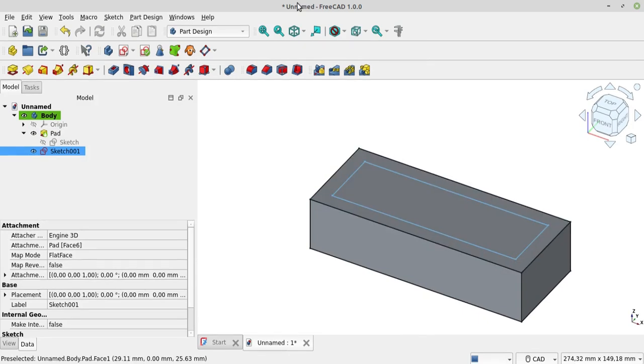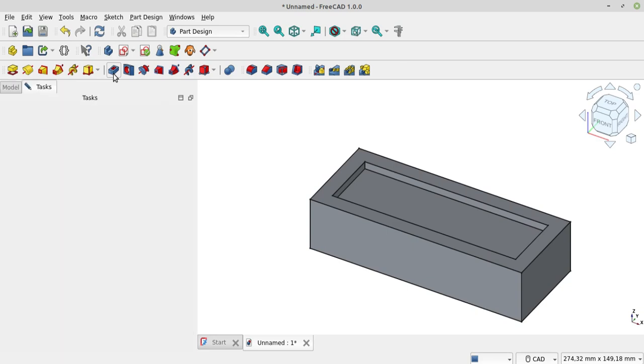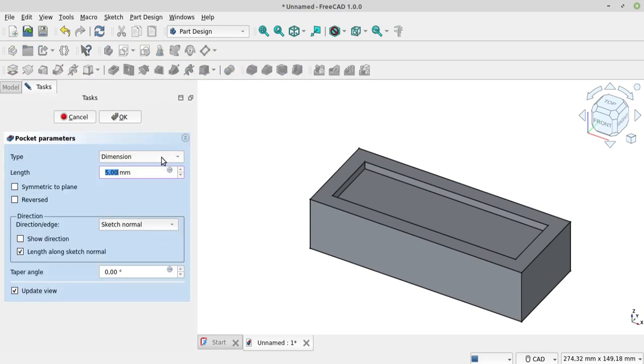We can try the first type of pocket. This is the icon of the pocket tool. There are 6 options in the Pocket tool: dimension, through all, to first, up to face, two dimensions, and up to shape. We can try the first, dimension.